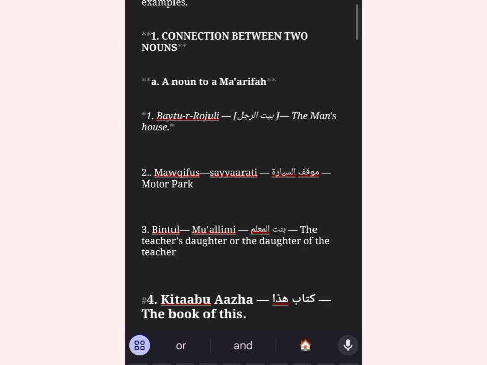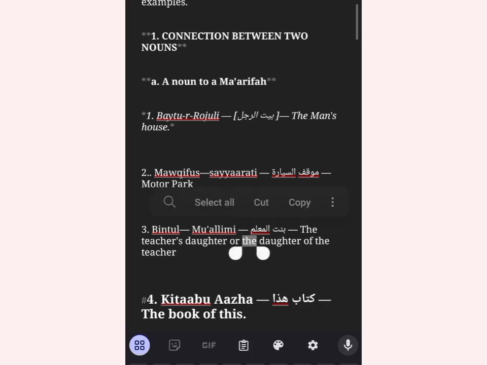Alright, so let's see what we have here in Arabic form. House is bait, and the man is ar-rajul. So we have to bring house first and the rajul second. So we say baytur rajuli, as we see in this example. Bayt is the object that we own, so we want to connect it to the man who is the owner. So we say baytur rajuli, the house of the man,